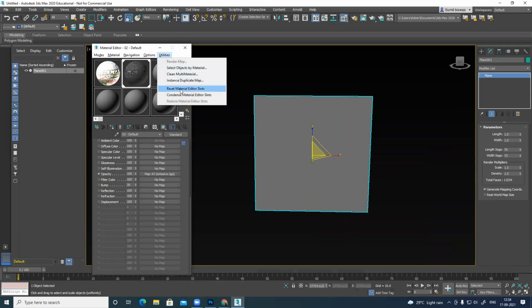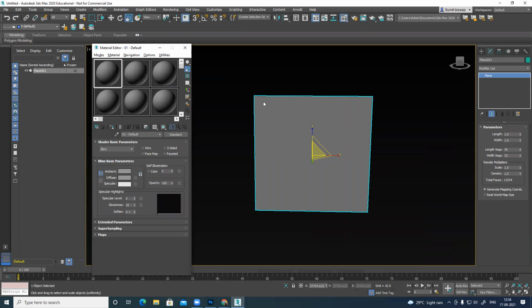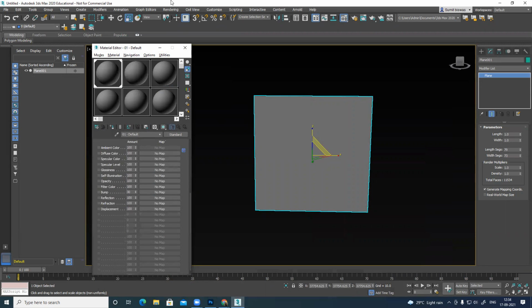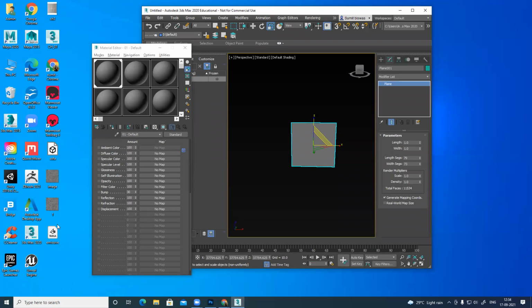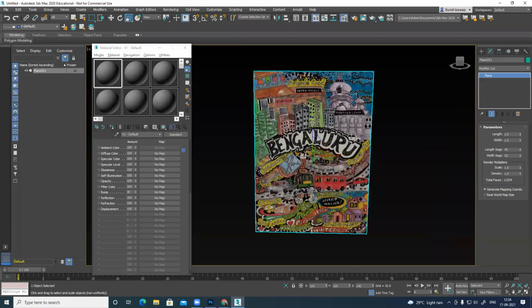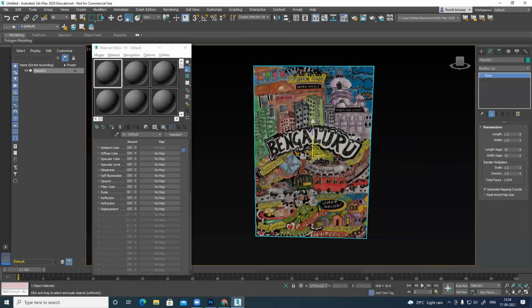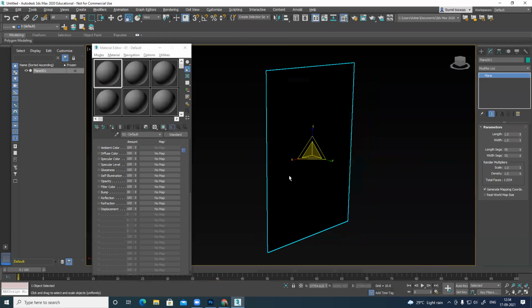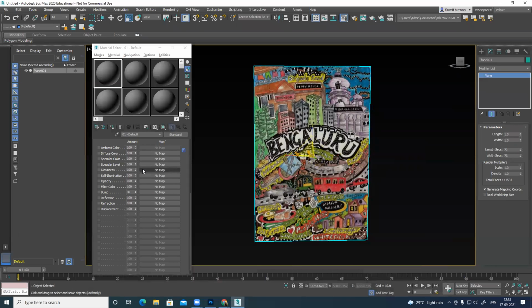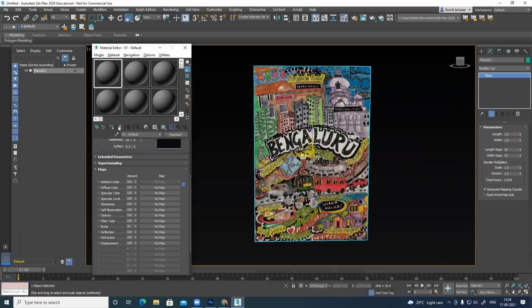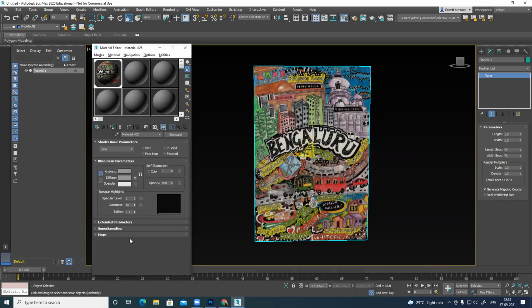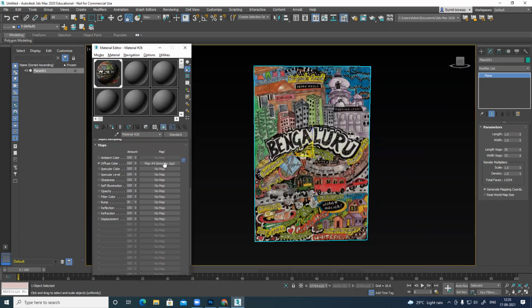So now, what happened? Way too complex. It's pretty easy, simple. Don't worry. So I just applied a default material, and I'll go to map. And this I can directly drag and drop here also. Based on this, I can scale it. The mesh I can scale, not the texture. This is this now, but you can see alpha is not visible. For that, what I have to do is, with the same map, you need to click here. You can see in maps, diffuse is already applied. So just simply click here, drag and drop to the opacity channel.